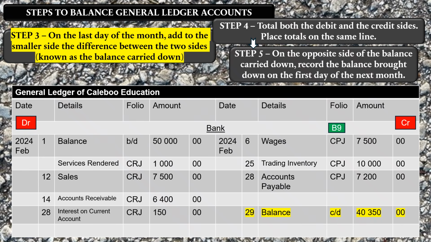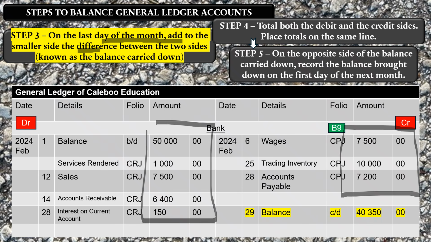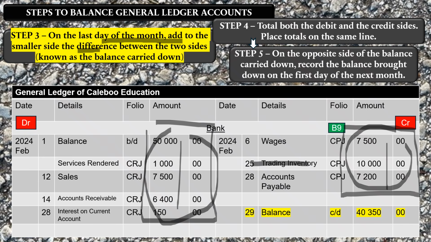Step 3. On the last day of the month, add to the smaller side. We established that the credit side was smaller. Add to the smaller side the difference between the debit and the credit side. So you add that up and you add that up. You say the debit side total minus the credit side total. And that gives you 40,350. On the last day of February this year, 2024 is a leap year, 29, you get the balance carried